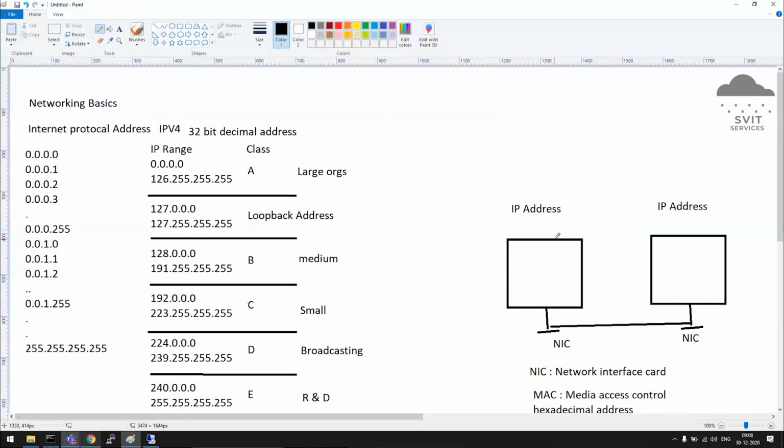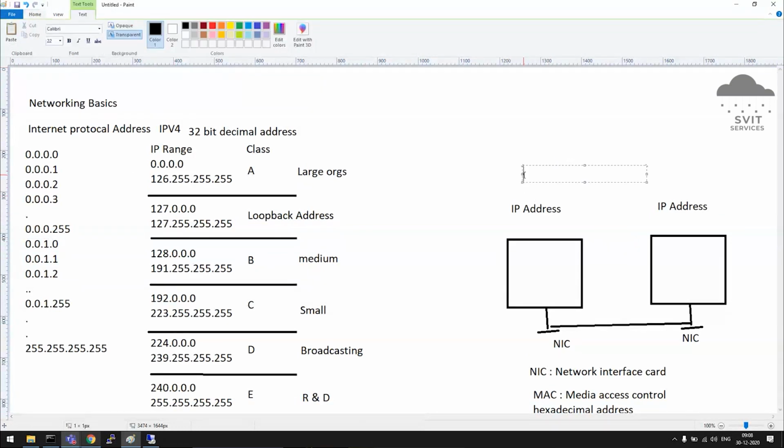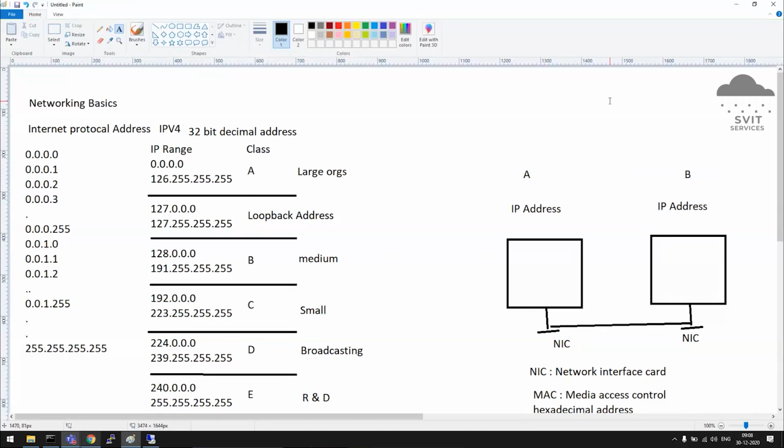IP address alone is not enough. Let's say you have assigned one class A IP address here, and here you have assigned a class B IP address. They will not communicate together. They are connected in the same network, but one has a class A IP address and another one has a class B IP address.